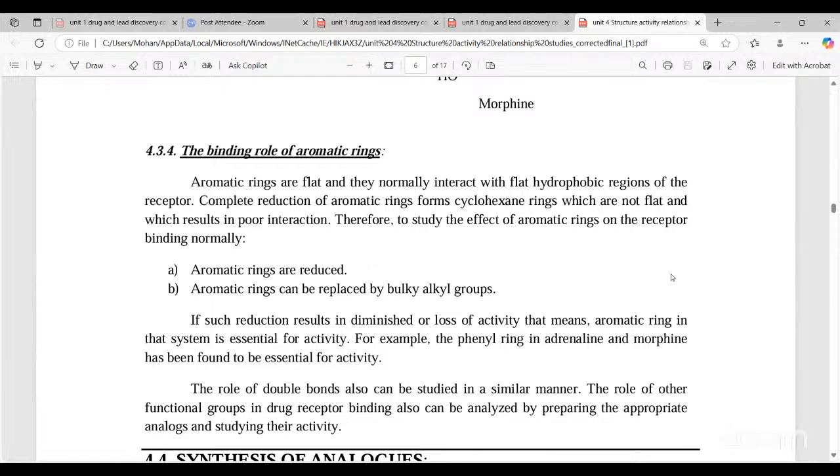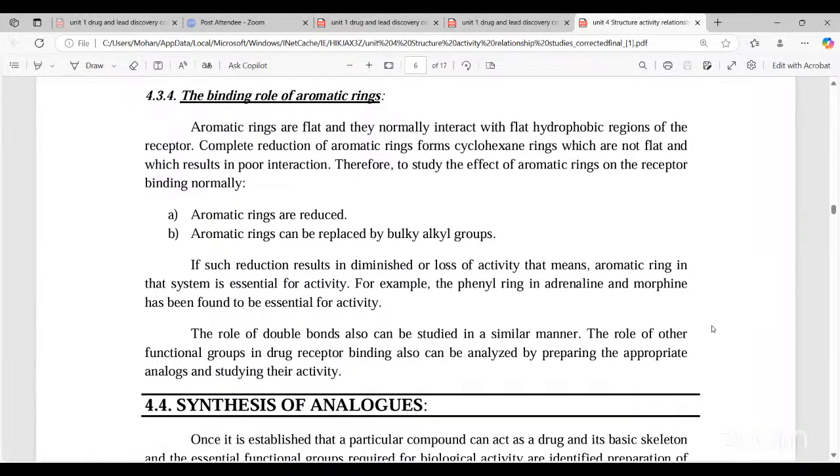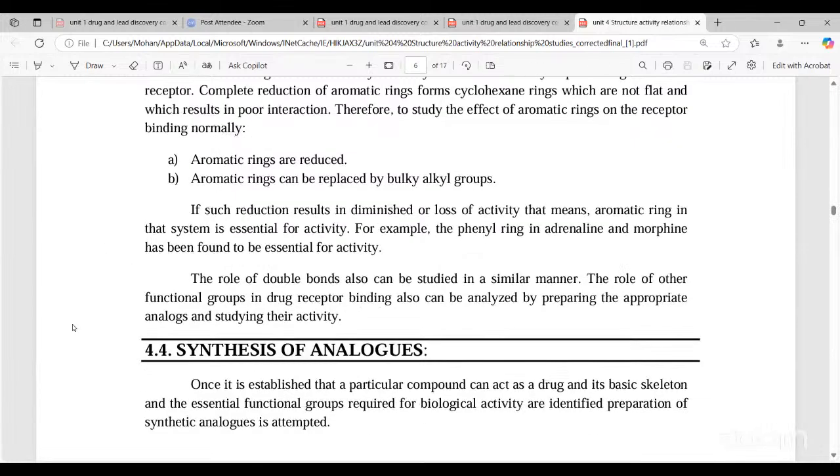Therefore, to study the effect of aromatic rings on receptor binding, normally the aromatic ring or reduced aromatic rings can be replaced by bulky alkyl groups. Such a change results in diminishing or loss of activity. That means the aromatic ring system is essential for this activity. The role of a double bond can also be studied in a similar manner. The role of other functional groups in drug receptor binding can also be analyzed by preparing the appropriate analogs